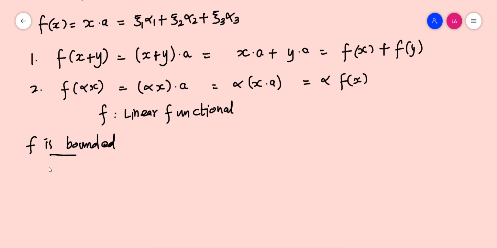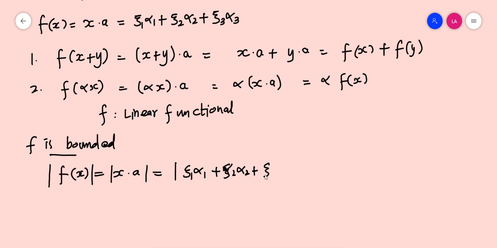In order to prove that f is bounded, we have to find a C such that modulus of f of x is less than or equal to C times norm x. f of x is defined as x dot a, so modulus of f of x is modulus of x dot a, which is the modulus of theta 1 alpha 1 plus theta 2 alpha 2 plus theta 3 alpha 3. Now using Holder's inequality,